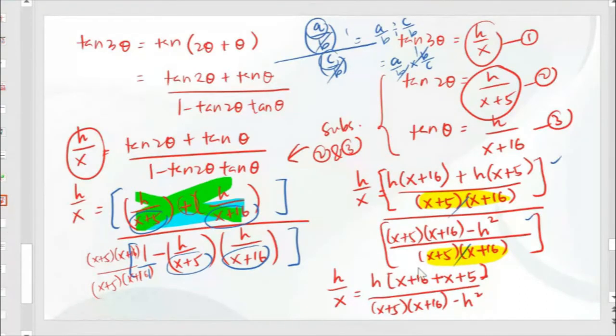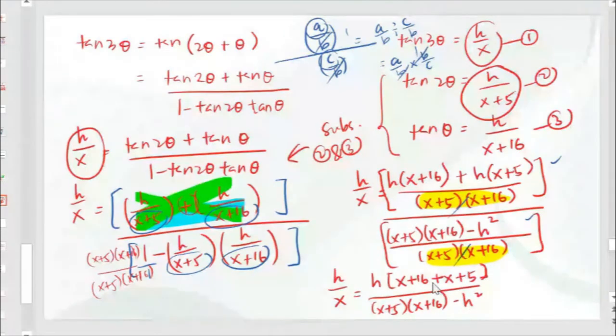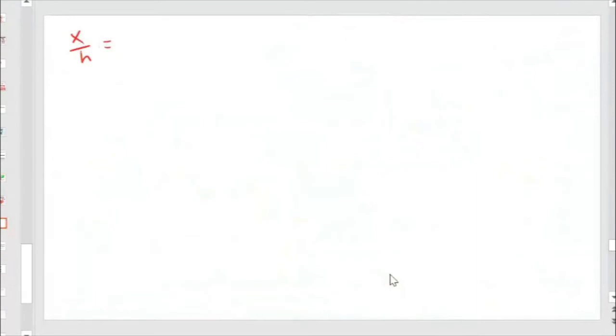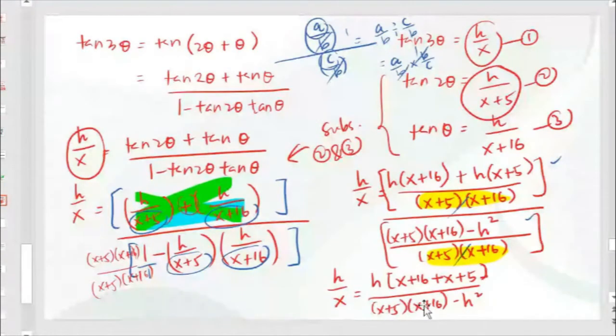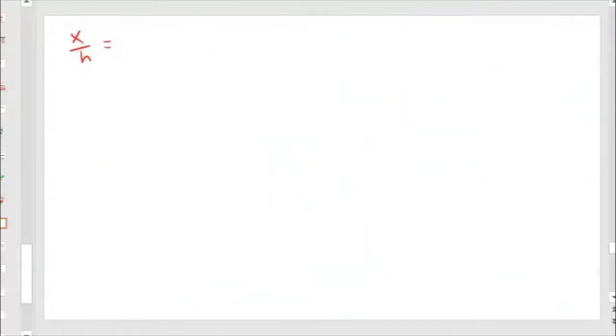So now we continue to the next part. It's from this part. We want to simplify. We want to get h equal to what? So now we get s over h equal to what? H equal to, you see, I factorize out first. This one, h, I factorize out. Then this one you multiply in. See what you get. You multiply in, you will get